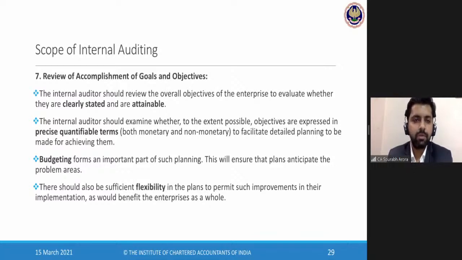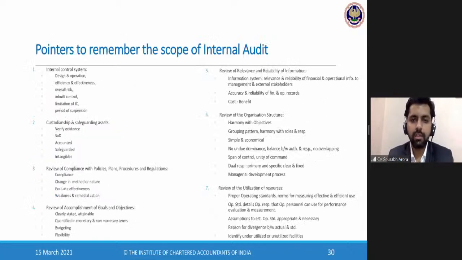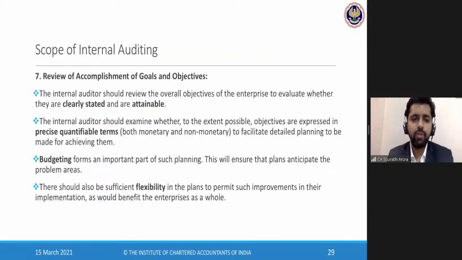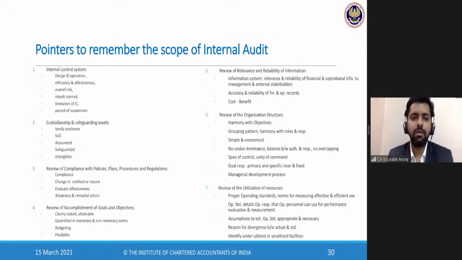Just read them twice at maximum, and after that you can just revisit these slides through the bold terms or the underscore terms. So these are the pointers to remember. I was telling you all along that you don't need to worry about such detailed explanations. Once you have read them, for revising or for summarizing all this, you just need to remember these 7 pointers to remember the scope of